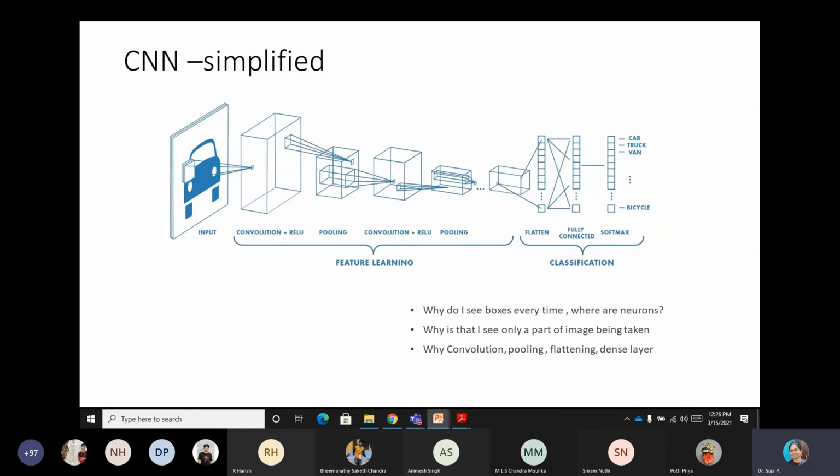So when my filter has negative elements and I perform convolution, there is a chance that I may get a negative value in a cell. So if I want only the positive values from my feature map to be passed on to the pooling, then I apply the ReLU activation function, a non-linear operation, so that the negative values are suppressed and only the positive values go to the pooling.